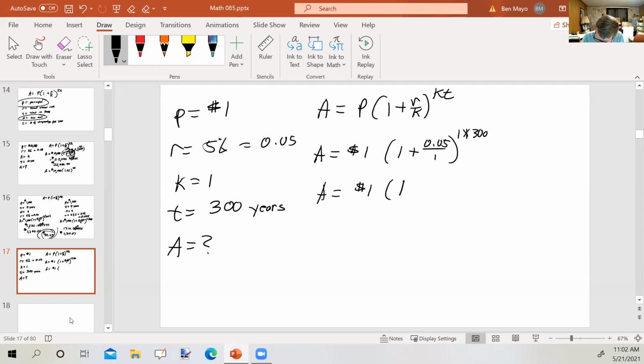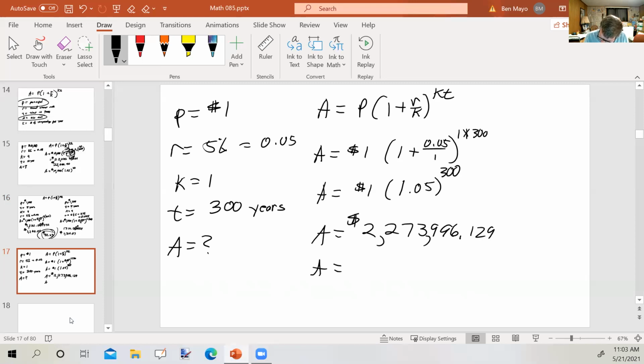So inside I'm going to have 1.05, and 1 times 300 is to the 300th power. So $1 times 1.05 raised to the 300th power, and we get 2273996.129. Rounding to the nearest cent, we'd get